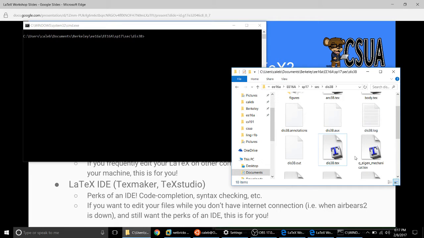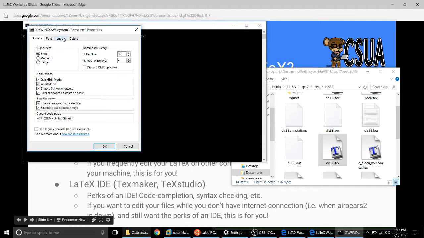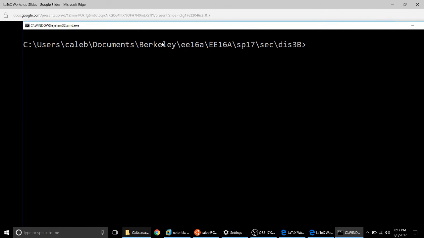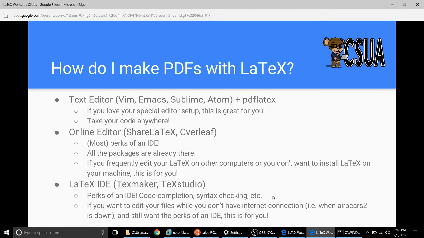Yeah, well, you can see there's the file in that folder, and properties, font, oh, big, okay. And so, yeah, so